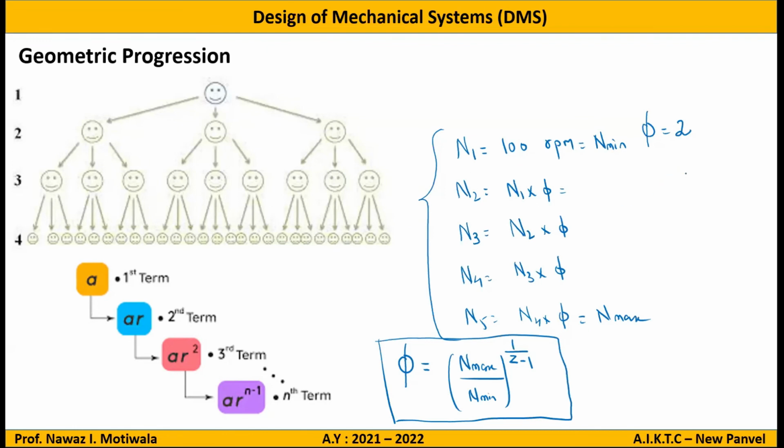values. So if I told you, let us say, the minimum is 100 and maximum is 1000, and I want to achieve it in 6 steps. So first of all, I will find out phi, then I will find out n1, n2, n3, n4, n5, and n6. Understood this step? Yes, sir. Okay, so two things we have already discussed. First was the arithmetic progression, second is the geometric progression, and the third remaining one is harmonic progression. So that is not used extensively in our design purpose, so I will not spend much more time on it. As I have already told you, geometric progression will be our base to design any gearbox.